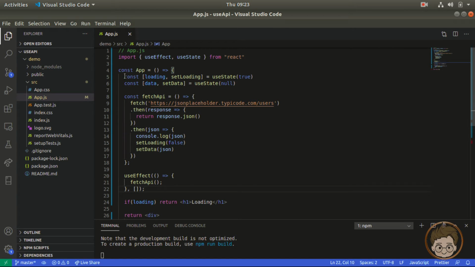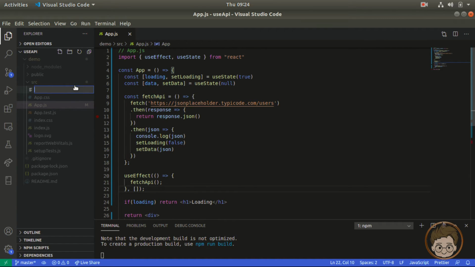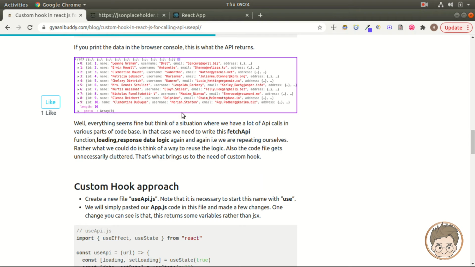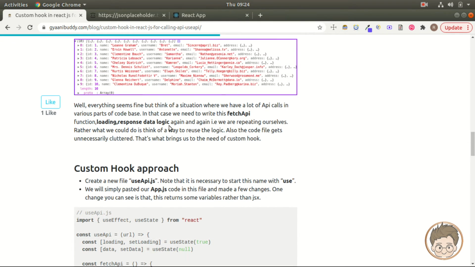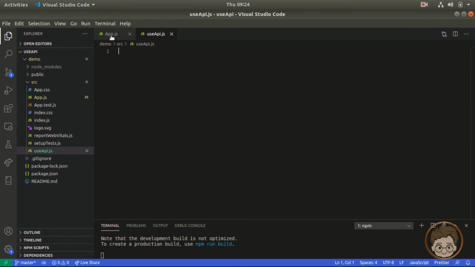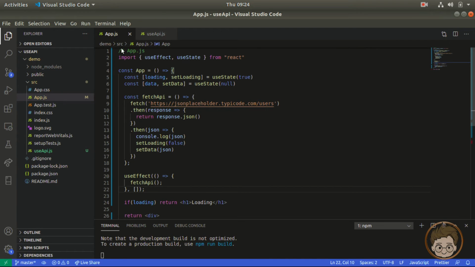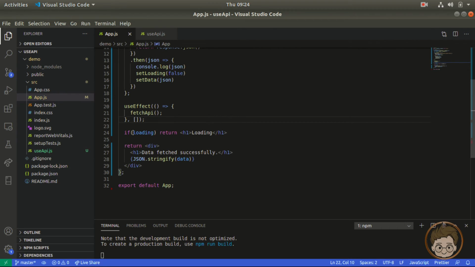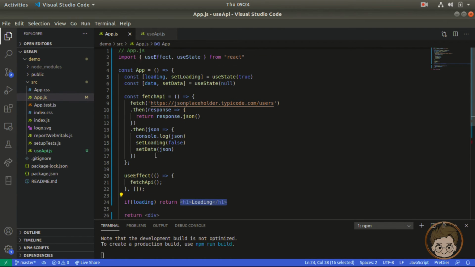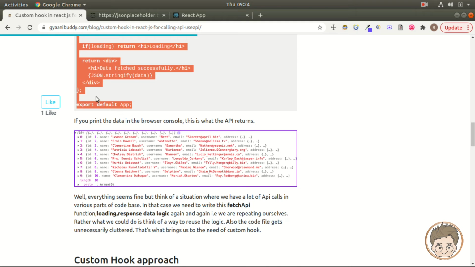So what we want to do is create a custom hook. How we do that is, make sure that when you name this custom hook, it starts with use and then anything else, XYZ or something. In our case, it will be useApi.js. That's what I want to name it. And yeah, now what you may think is this is completely different logic. No, basically what we are going to do is put this same thing in this file, except instead of returning any JSX, this is JSX, right? This is JSX, this is JSX. Instead of returning any JSX, we will return variables. What variables will we return? Let's look further. All right.